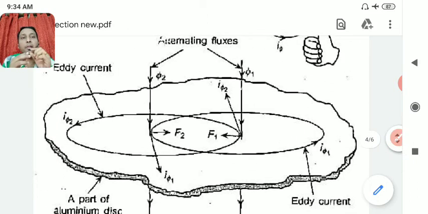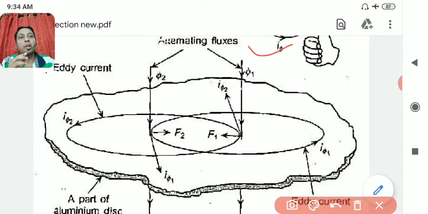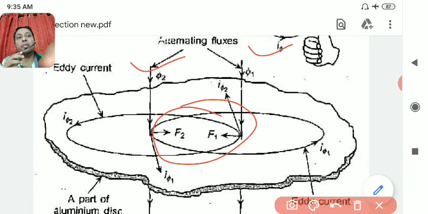Now you can see it. The names are different, phi 2, phi 1. You can understand it. That's why they have F1, F2, they are all different. You can see here, there are names I have taken, this one, this one, 2. So this is reversed. So it is F1, F2. Now you can understand this. So the net force will be the difference of these.